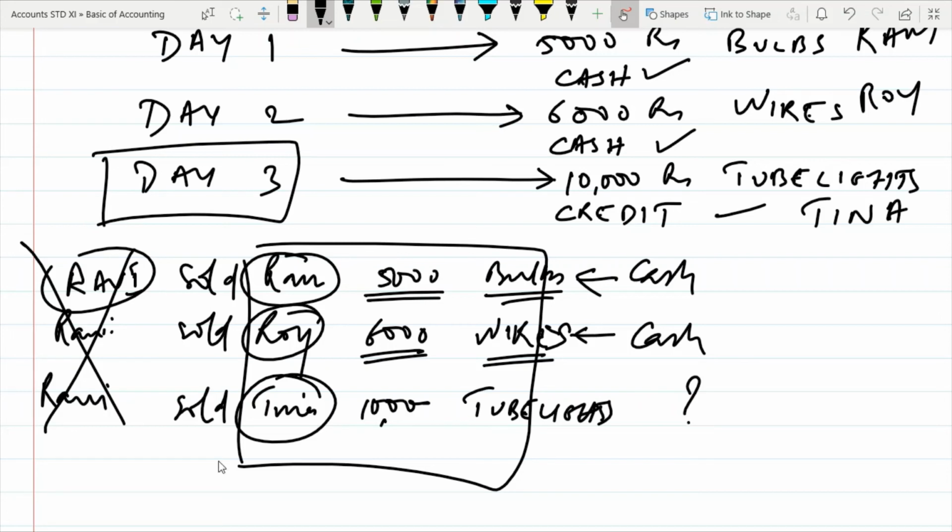So what you would have done is, if you were writing Tina, you would not only write her name, probably you would even write her phone number, right? Or her address, right? So suppose she actually came to your shop, and said, you know what, I would like to have tube lights, which is 10,000 rupees worth, and whatever number of tube lights you have given her. Now she says that she does not have money. So obviously you will take down her name. You will take her phone number. You will take her address, right? Yes. So this is very important here.